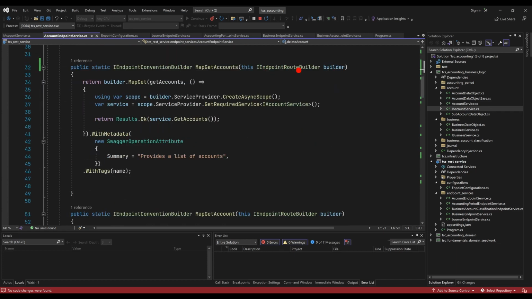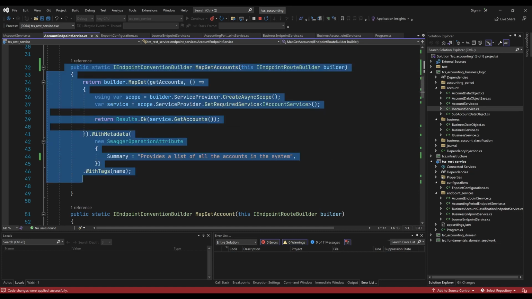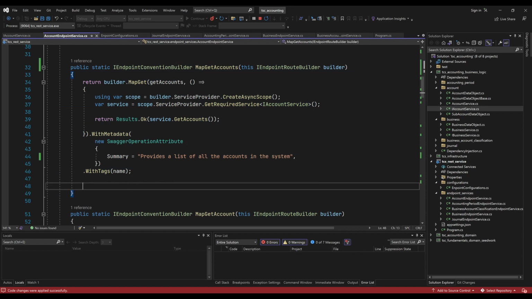So we need to get postable accounts and list of all accounts. Provides a list of all accounts. That is what that does, and we can come in here and duplicate this